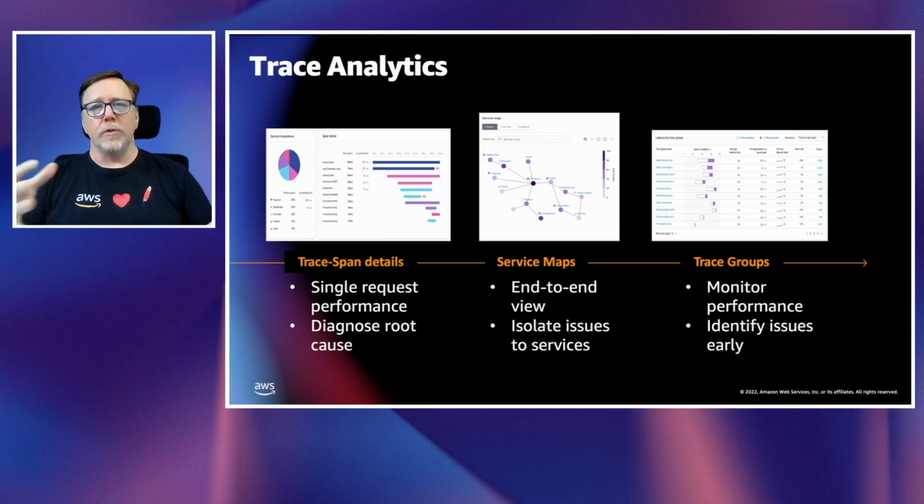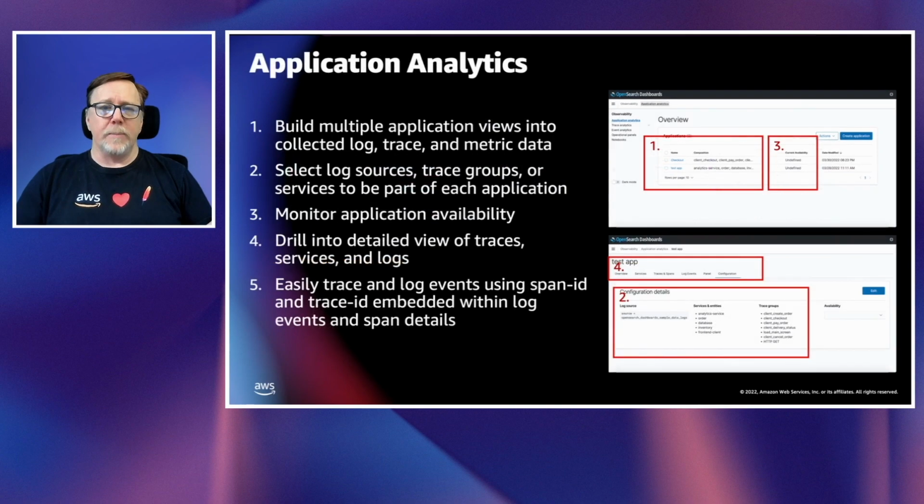And finally, you have trace groups. Trace groups enable you to bring trace information into a grouped format around particular activities in the application. So this way you can, again, look at and figure out where the latency is going and where I need to fix something.